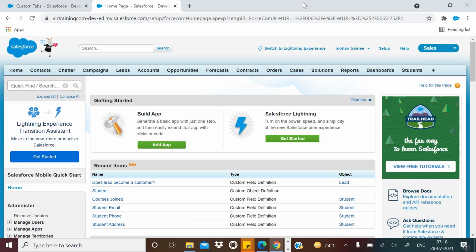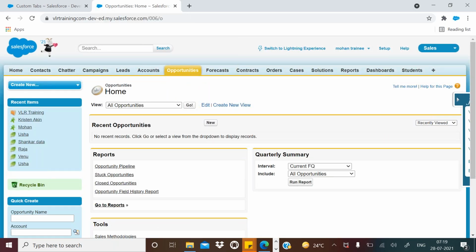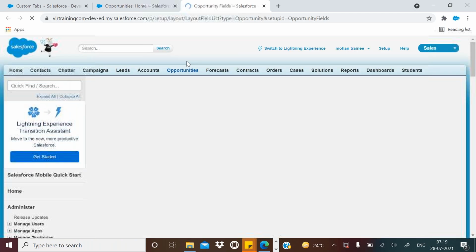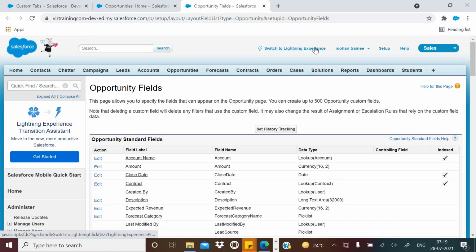Okay, very simple. Let me repeat, so please listen carefully, guys. Suppose this name got changed, like applications, and you don't know it, so you have not found this application name. Okay, you need to click on the tab. Simply, how do you get the object from the tab? Click the tab and get the object. Simply go to Classic, even if you are in Lightning Experience, go to Classic. Click on this tab, get the object. Okay, very simple.